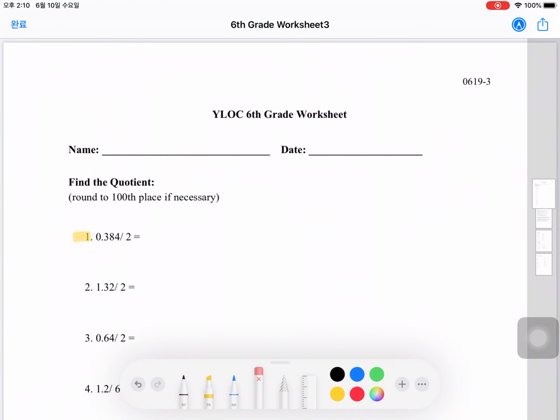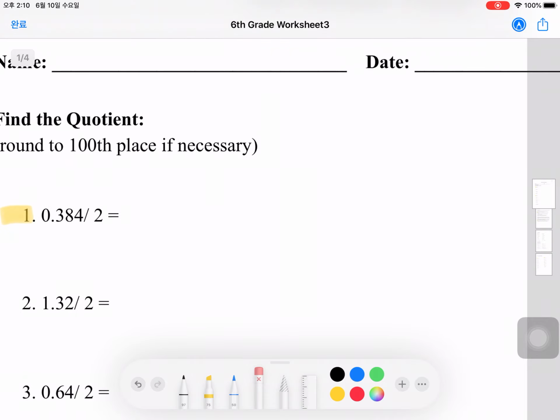Hey guys, so the way it's gonna work is I'm going to do the highlighted question with you guys, and you guys can do the rest on your own. So number one is